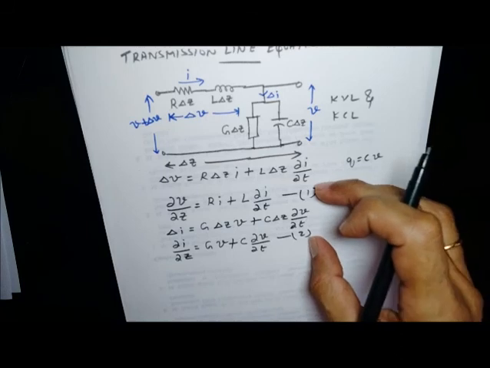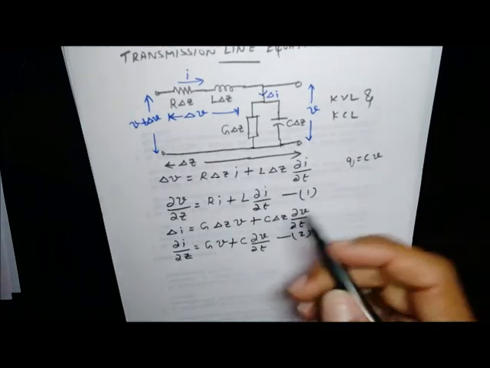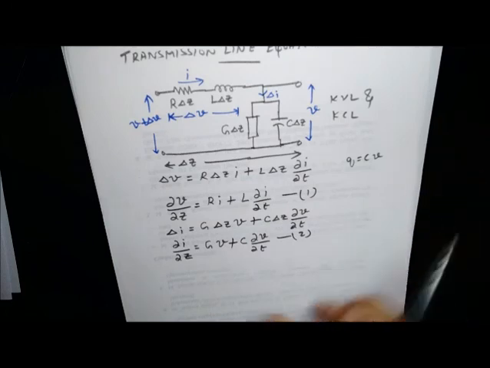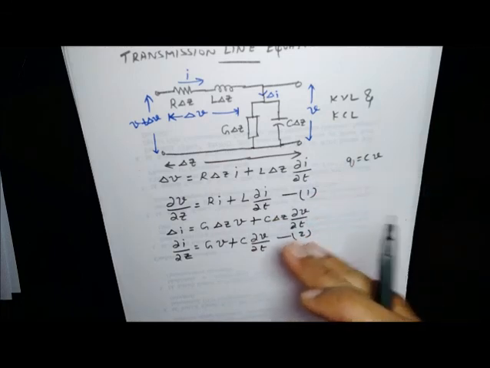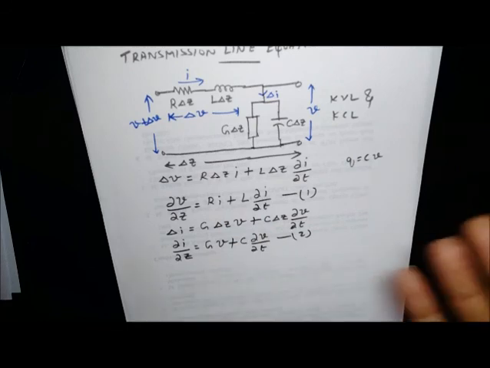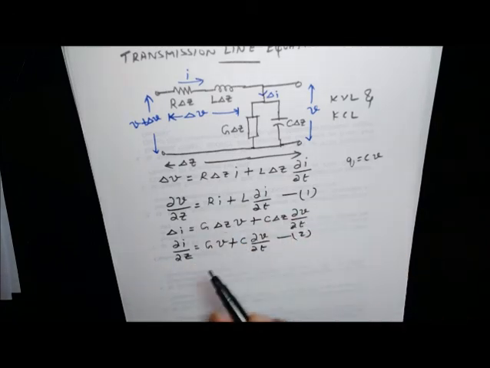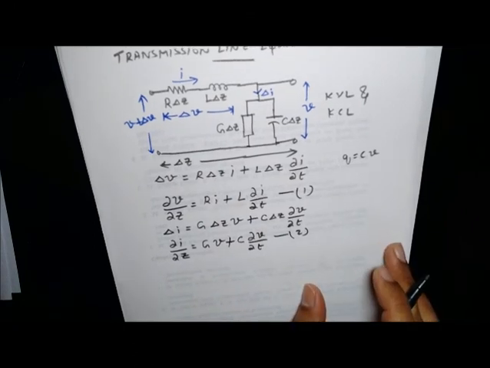Now we actually have a set of coupled equations between V and I. Using these two, it is possible to eliminate either I or V and get a differential equation in terms of the other, which we have not eliminated. Let's say we eliminate I, we can get a differential equation for V, which if we solve, we'll come to know how the voltage is going to be distributed over the transmission line. Similarly, if you eliminate V and get a differential equation in I, solve it, and you will know how the current is distributed over the transmission line. So let us proceed towards that.